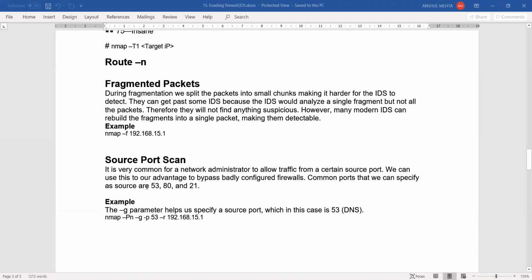For example, in Nmap, the -g parameter helps us specify source port. In this case, we're using source port 53 to make it look like we're sending DNS traffic. So Nmap -g -p for port 53, and this IP.